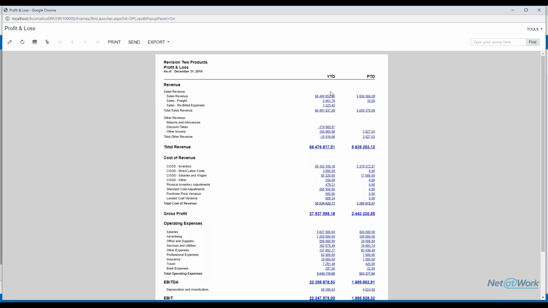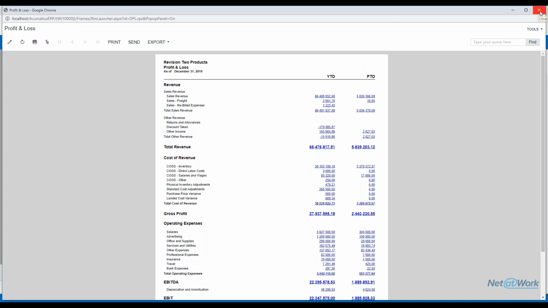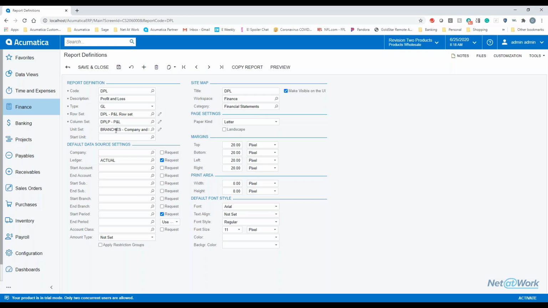Okay. Now, one thing that Acumatica has done, which I always found interesting, is they chose to put year to date in front of the period to date. And most financial reports that I've encountered over the years, you always have period to date first and year to date second. So let's humor me, and I'm going to go back and change this to display the way I would like to display it. Okay, so it's a simple matter of opening up my column set,